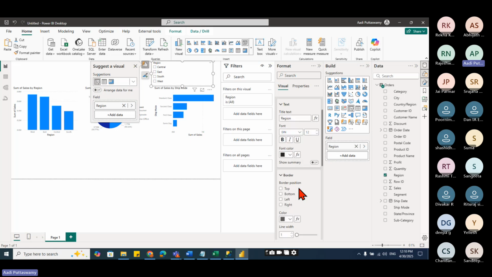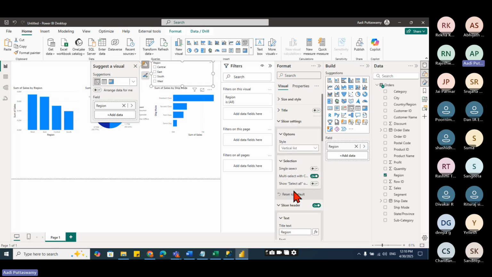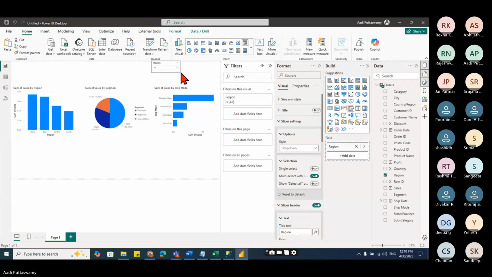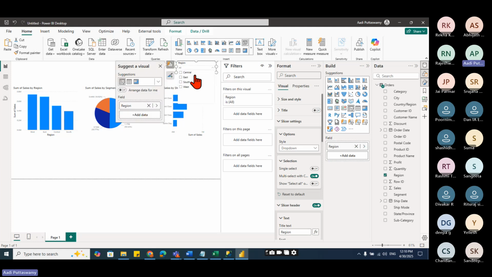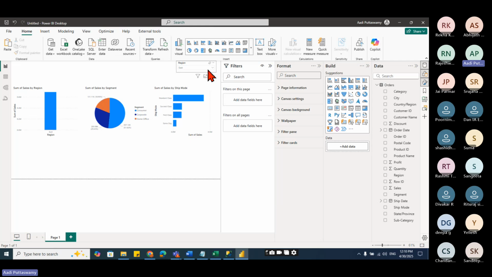Let's go on and see if I can get those options. Slicer settings, and I'll say drop down. See, this will become drop down. Okay. See, you go here, say west or say east, whatever, this will get changed.